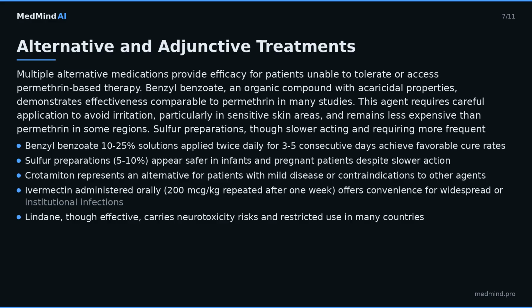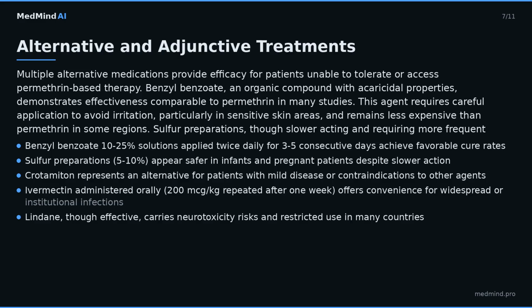Alternative and adjunctive treatments. Multiple alternative medications provide efficacy for patients unable to tolerate or access permethrin-based therapy. Benzyl benzoate, an organic compound with acaricidal properties, demonstrates effectiveness comparable to permethrin in many studies. This agent requires careful application to avoid irritation, particularly in sensitive skin areas, and remains less expensive than permethrin in some regions. Sulfur preparations, though slower acting and requiring more frequent application, offer advantages in vulnerable populations including infants and